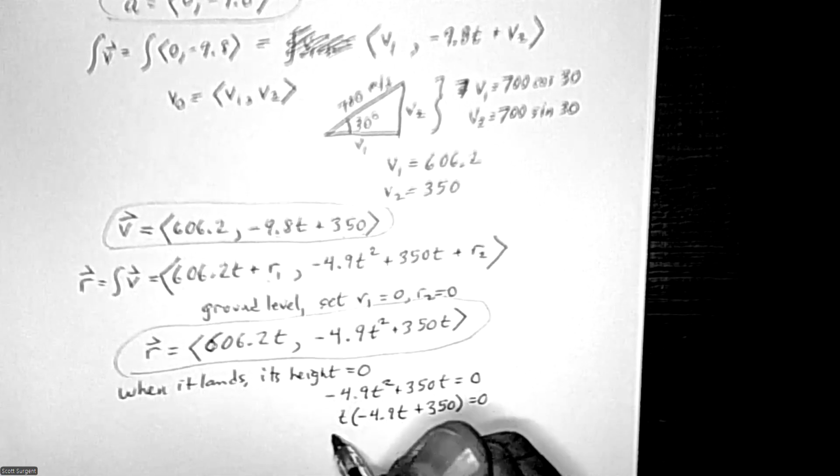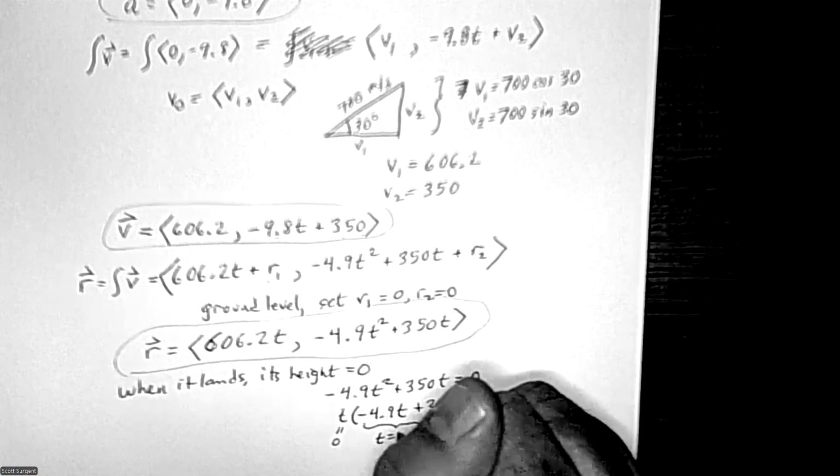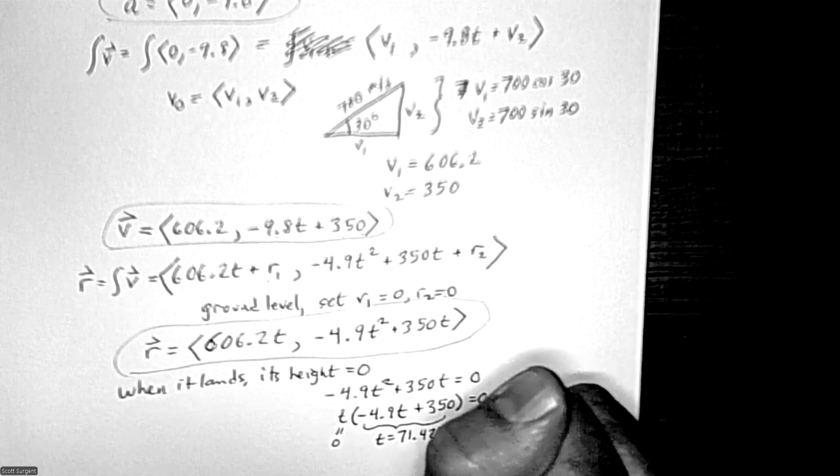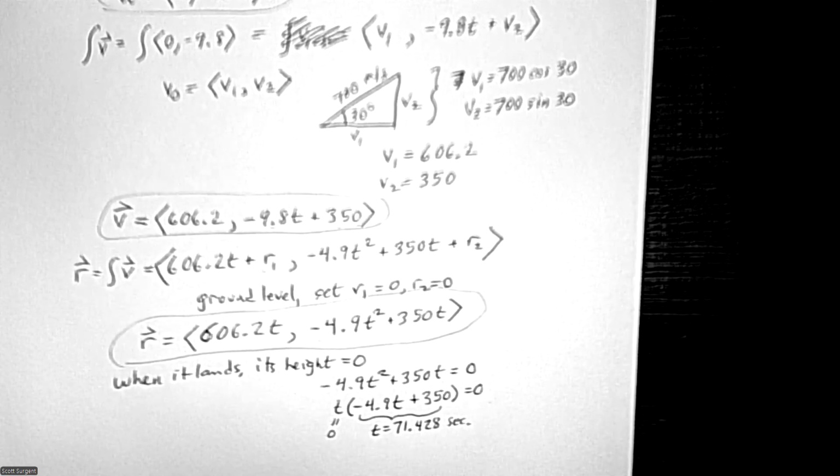You get an answer of t is 0 because that's when it was shot. And then when we work this out, which is just a linear equation, that's going to be 350 divided by 4.9. We get 71.428. Now that's seconds. Okay, that answers the when did it land? It landed 71.428 seconds later. So to answer the question of how far away did it land, we have to take that 71.428 and